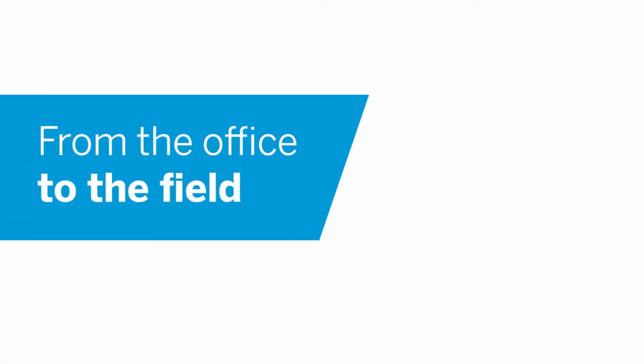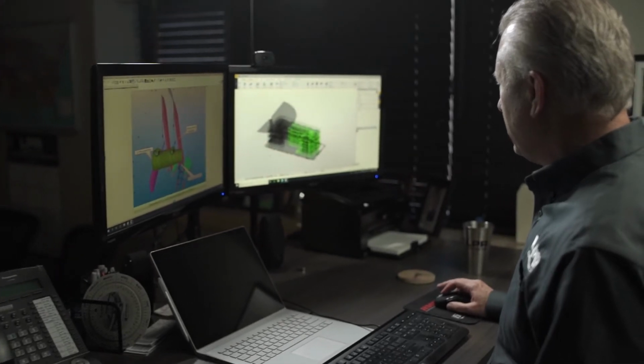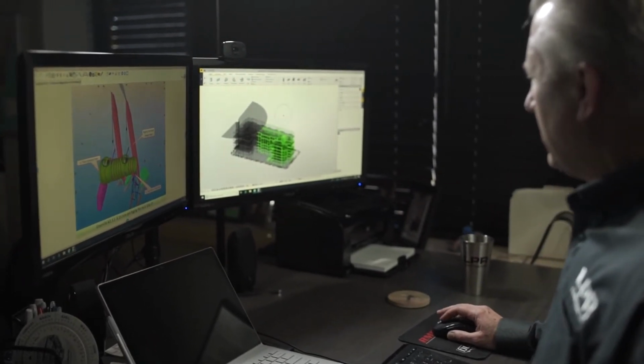So the process that we utilize from pre-construction into the field surveying in construction is we get the model from our engineers in Tekla, but we also use Trimble FieldLink in the office as well. We also utilize Tekla and integrate that with the Trimble FieldLink software to get the model into our surveying program so that we can generate points on the fly out of the model while we're surveying in the field.